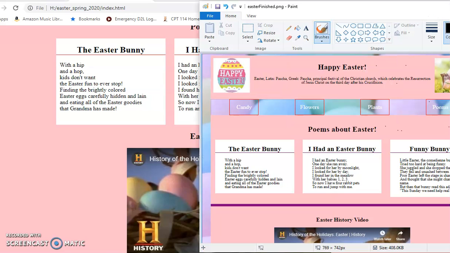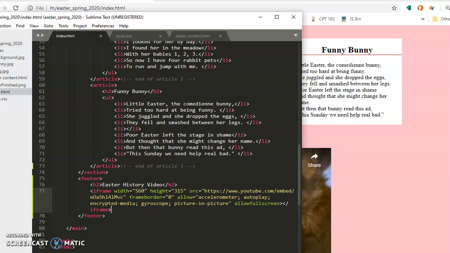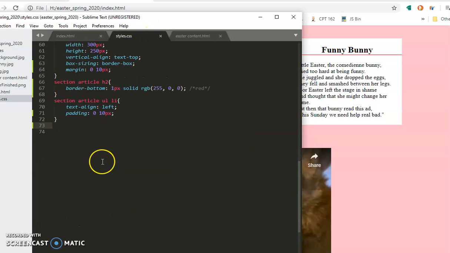But we are not done because, oh, wait a second, what's this purple thing here? All right, that purple thing looks like it's either the footer or the section. We're going to have an issue with that. All right, let's go ahead and I see a problem already. Okay, so in our CSS, let's go ahead and do